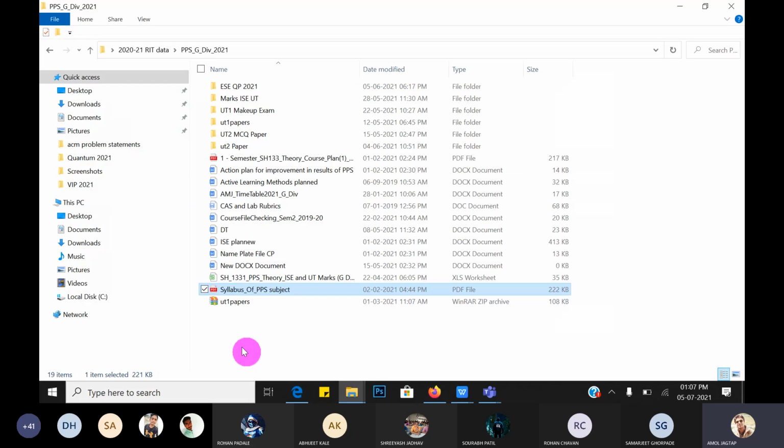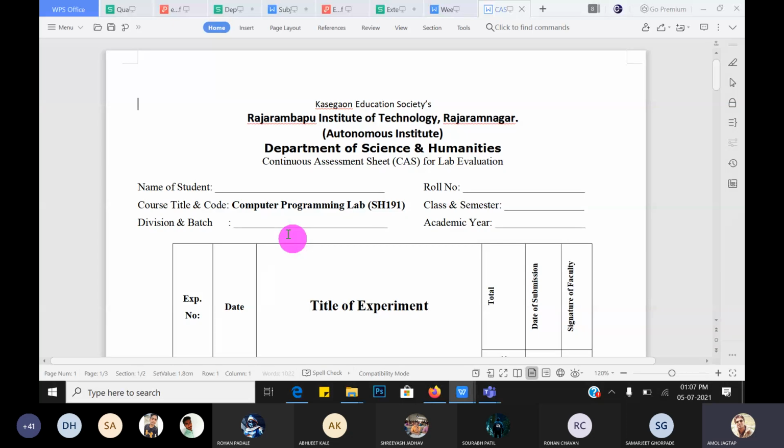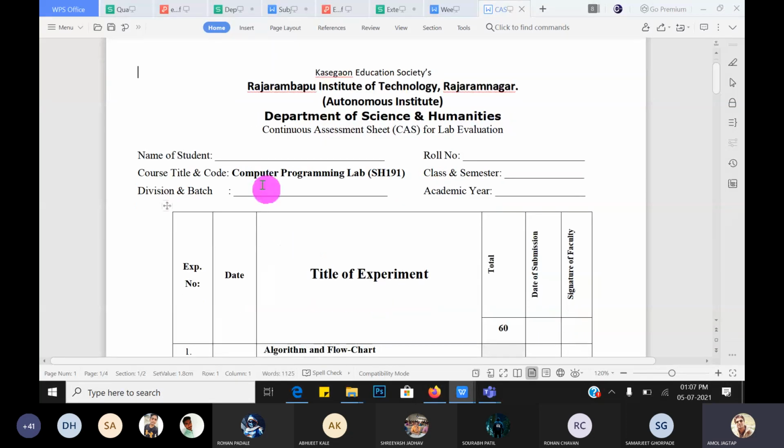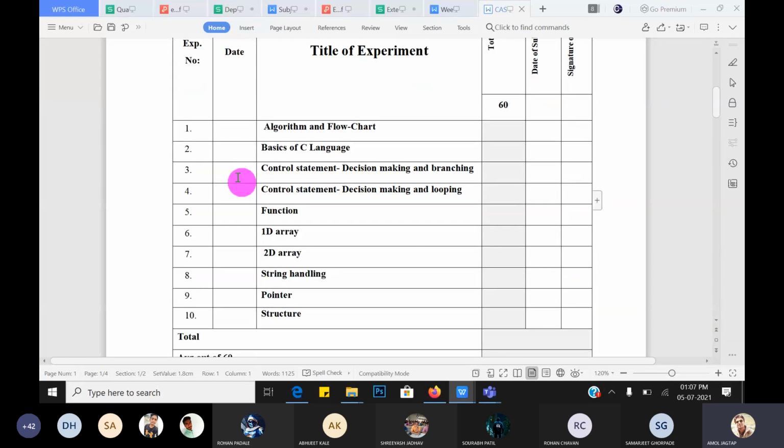Next I will show you the CAS. The PPS subject is divided into 2 parts: one is the PPS lab and the second is the PPS subject.